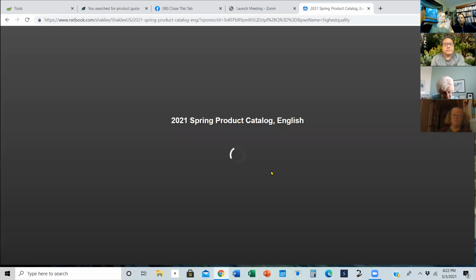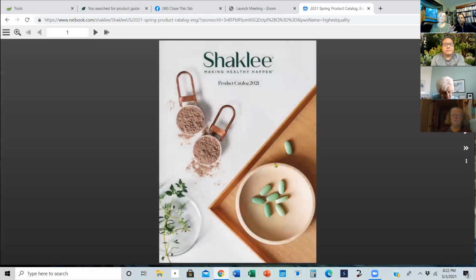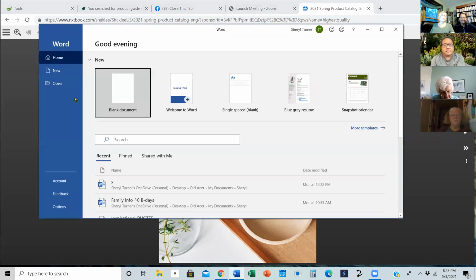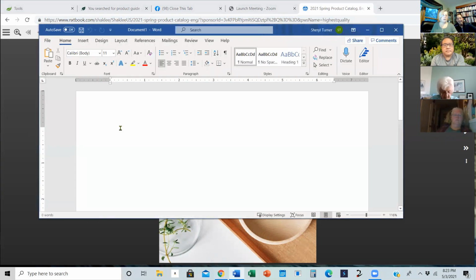And instead of sharing it from there, instead of going there and hunting, what I have done is copied this link and put it in a document where I can go and it says Online Product Guide. Should I show you how to do that in case some of you don't know how? We'll go into a Word doc. I'm going to go into a brand new Word doc and type. No, honey, go ahead and talk while I'm typing.